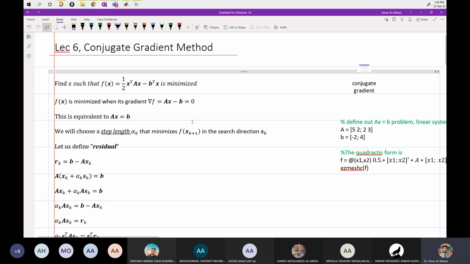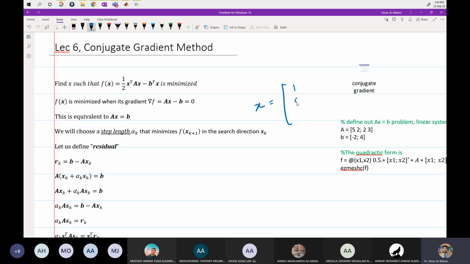So let's talk about the conjugate gradient method. Let's say that we have a function f of x, where x can be a vector, not just a scalar quantity. So x could be a vector like 1, 0, 2, 3. It's not necessarily a scalar. So the function is